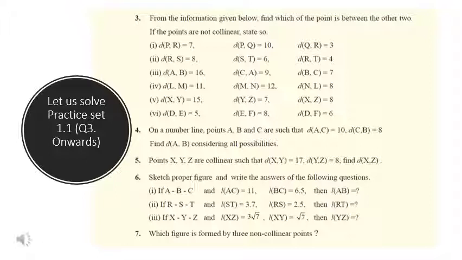So even here, the first question, I'll just discuss the first question. Coordinate of A is 1 and coordinate of B is 7. So now which is the bigger coordinate? Coordinate of B. So we know that we subtract the smaller one from the bigger one. So 7 minus 1 gives me 6. So the distance between point A and B is 6. The remaining sums you will do in your notebook, and few of them I'll be displaying in the next slide so that you get an idea what steps are required.